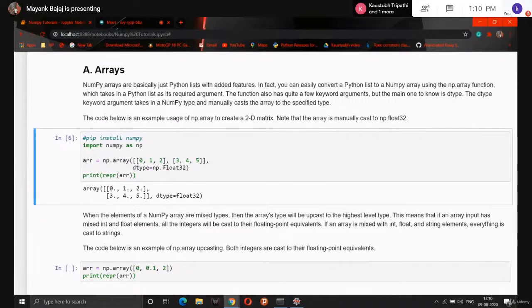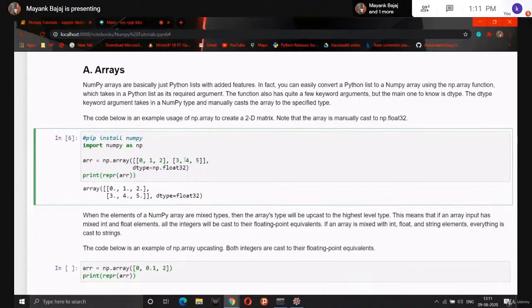And as well as here we had mentioned the data type, that's why it is also returning the data type. So guys, I would suggest you don't use the direct array. Instead, you can use the REPR function for better visualization of the array. So guys, this is the basic example of how we can create one NumPy array.